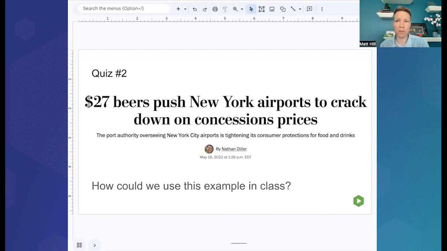The people who want beer when they're traveling are really going to want beer. They're going to be very price insensitive. A lot of them are probably corporate travelers, and corporate travelers typically have the company credit card, so they're not even the ones paying. This will lead to even less elasticity, especially for people who need some alcohol to relax before a flight. So yeah, all of these are perfect examples, although maybe not appropriate for the high school audience.